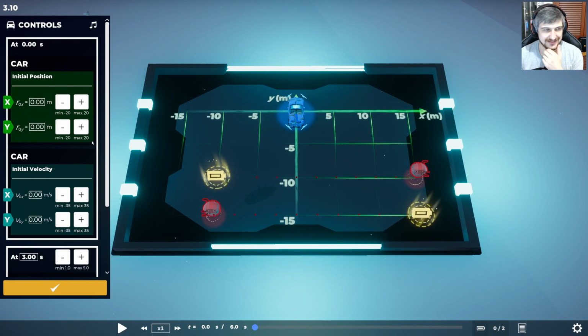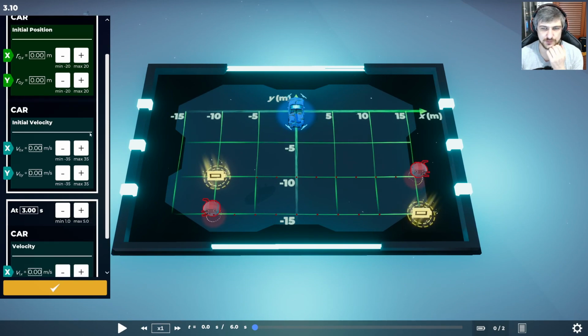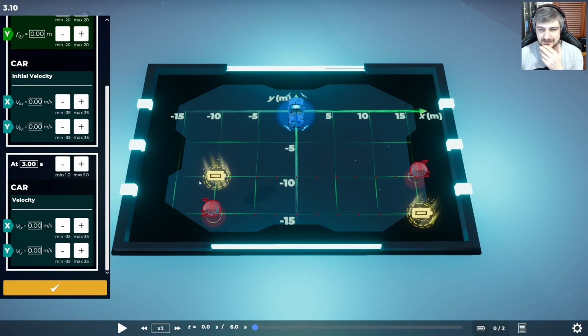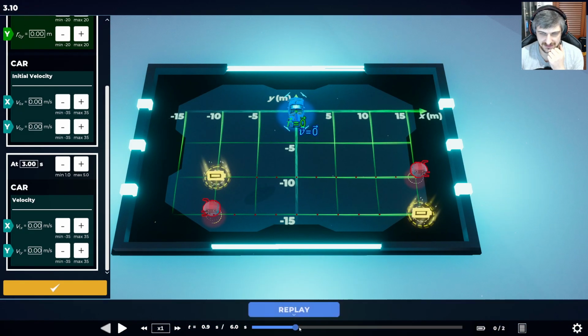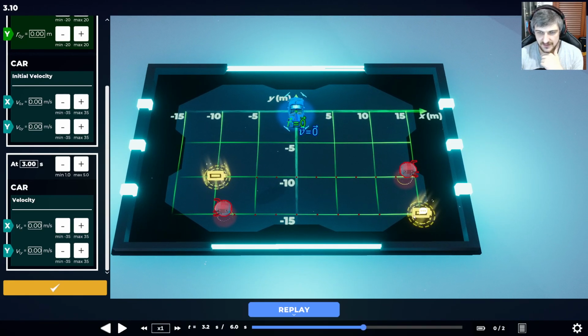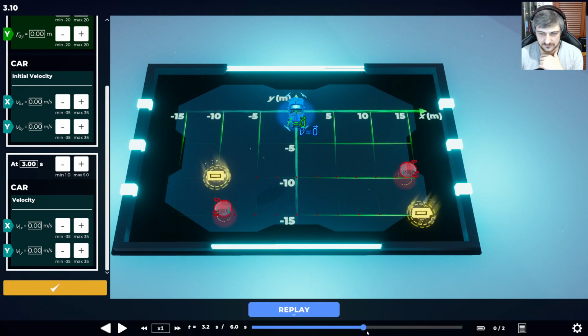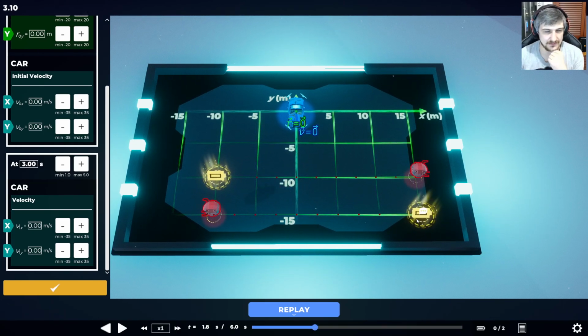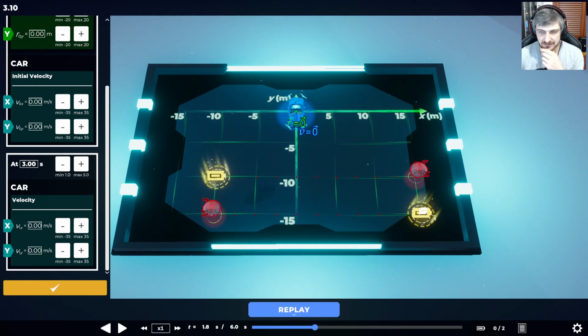Interesting. 6 seconds, and I can change my initial position as well. And I can change my velocity twice. What time do they start moving? They start moving at 3 seconds. I was thinking if I move here and then move up at this angle, can I beat them? So if I'm here, and then I have to get here,